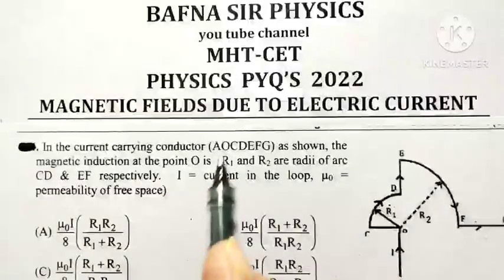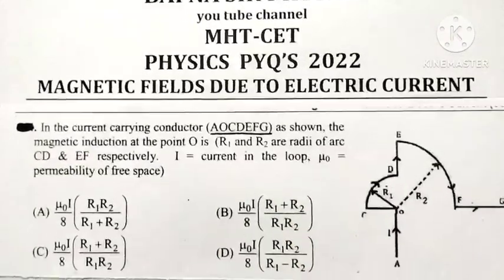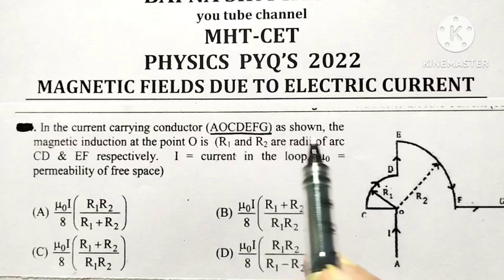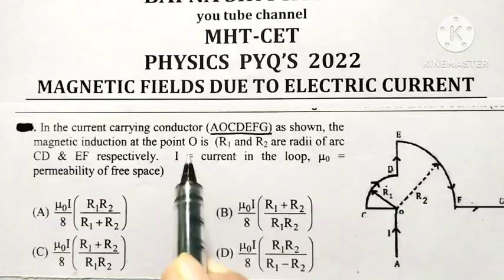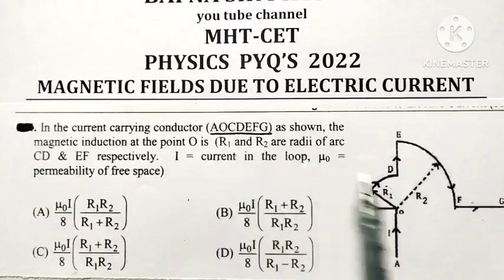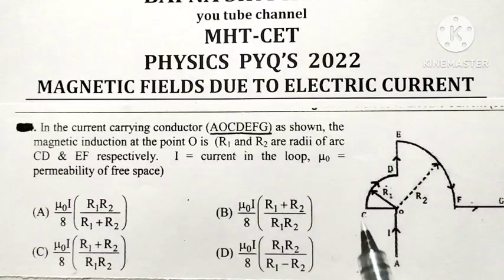In the current carrying conductor A, O, C, D, E, F, G. Look at this. This is a current carrying conductor. The magnetic induction at point O is, see here, R1 and R2 are the radii of